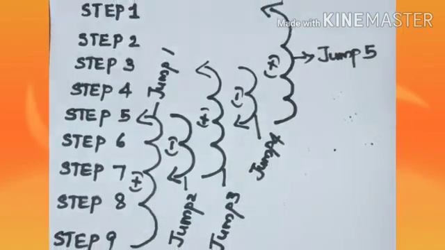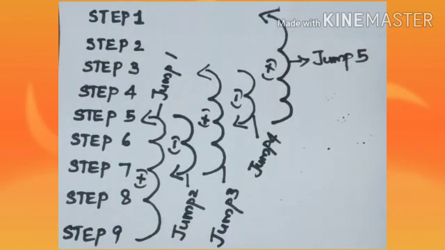This is a simple chart for subdivision 2. Here at the current position, the monkey is on step number 9. He needs to go back to step 1. How many jumps will it take to reach step 1? At the current state, the monkey is on the 9th step. He jumps 4 steps up, which is represented by a positive number, and 2 steps down, which is represented by a negative sign.